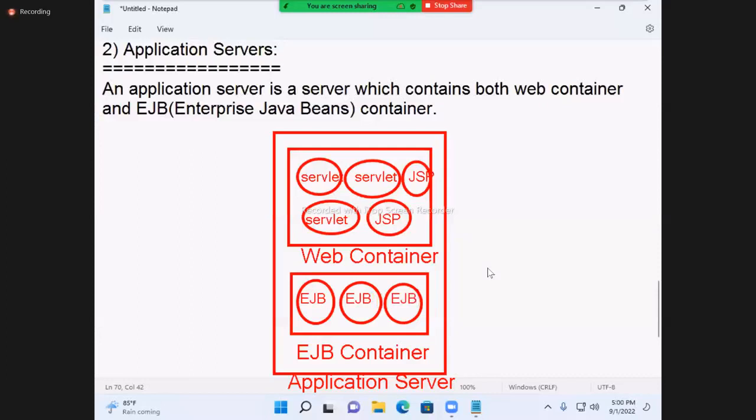Servlet, JSP, EJB. These are called web components.